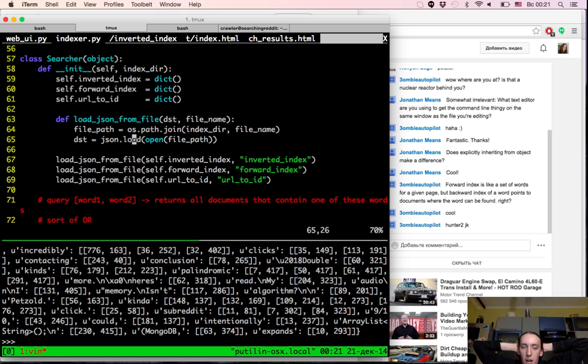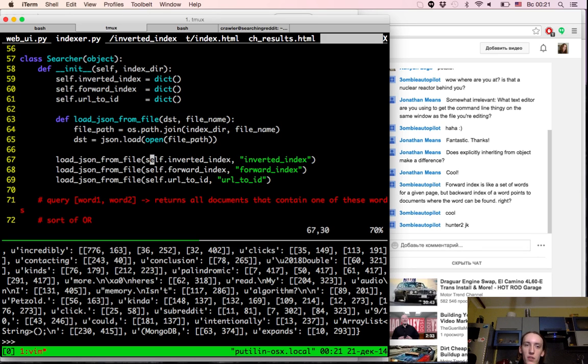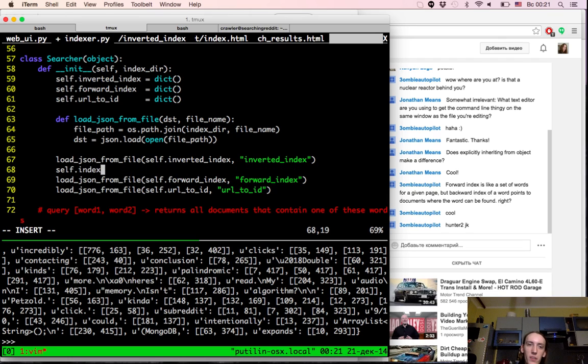But so we have this name for the inverted index called self-inverted index, and the value is an empty dict. Obviously, we can add some stuff to this dict. We can modify this value using this name, but when we pass it, it gets a different name,